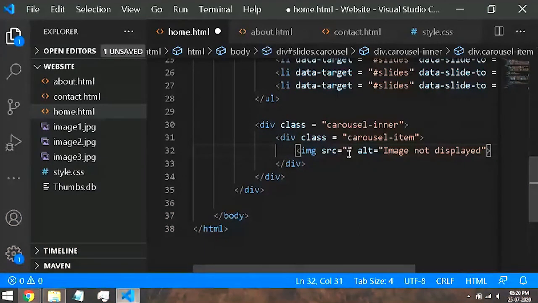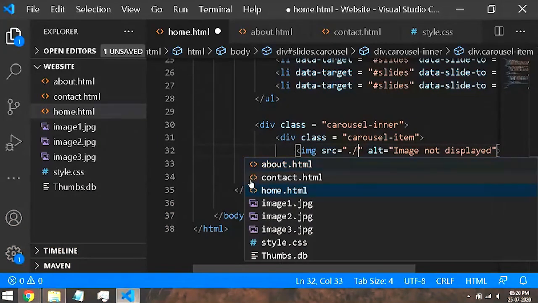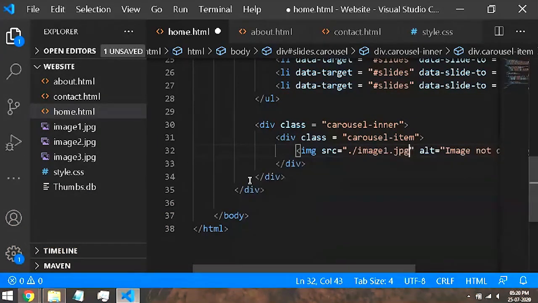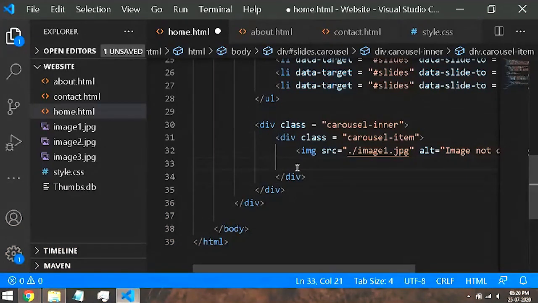So yeah, image src, I want one of these three images. I'll just say dot slash, which means current working directory, and image one. I did that, image one. And now we can also have text displayed over this image. So for that, what we can do is create another div.